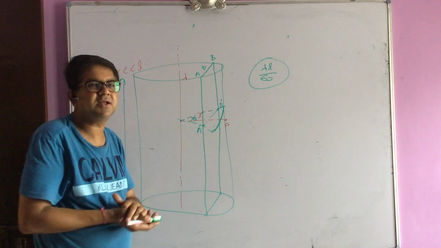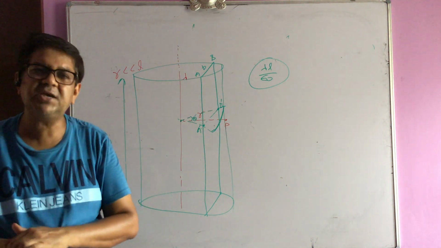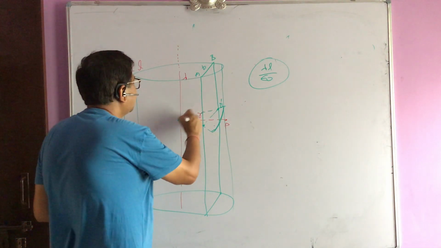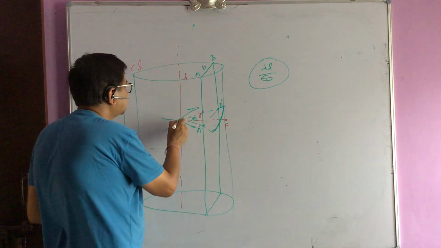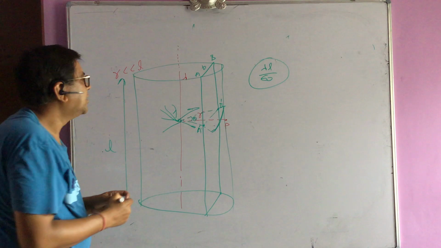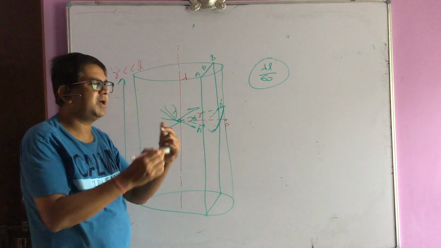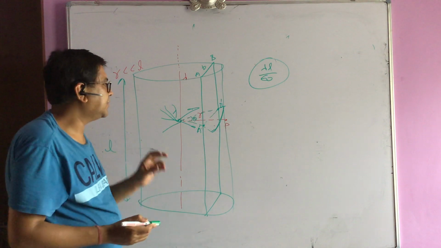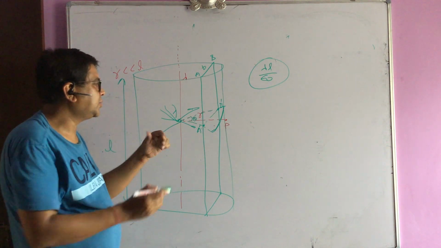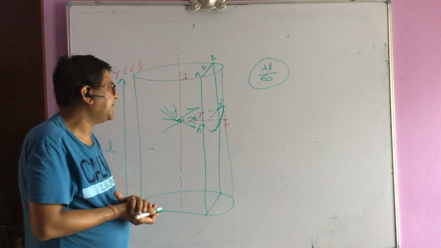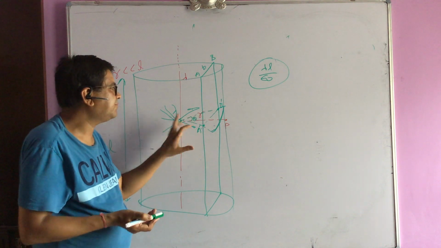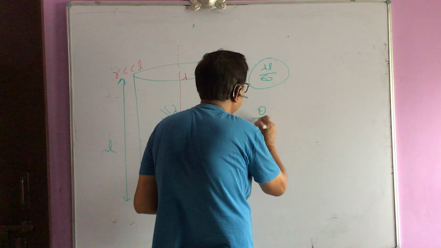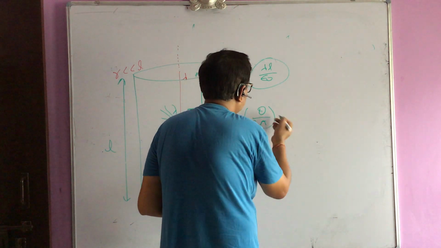So you can say flux per unit length through the curved surface of the cylinder is going to be the same. Why? The field lines are symmetrically emerging in all directions. They are emerging over 2 pi. The total flux emerging over 2 pi is the same. So what is the flux emerging in the theta direction? The flux corresponding to angle theta is going to be theta by 2 pi into the total flux.